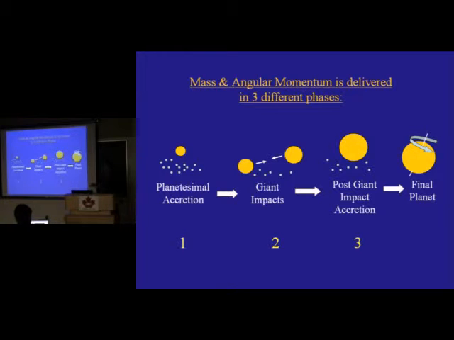The last stage in accretion for terrestrial planets is the cleanup of the leftover planetesimals. This stage is necessary not only because the giant impacts will have left debris in small bodies, but also because small bodies are needed to damp the eccentricities and inclinations of the terrestrial planets, to get the low inclination and low eccentricity configuration we have today. And this will give our final planet with a spin. So I'm going to go through all these 3 stages and discuss